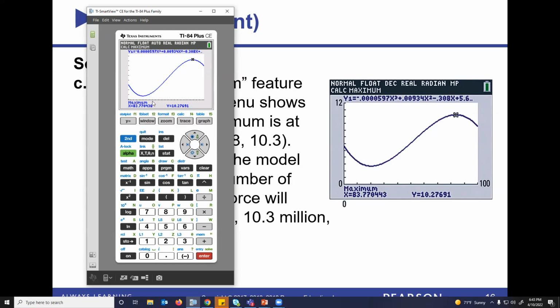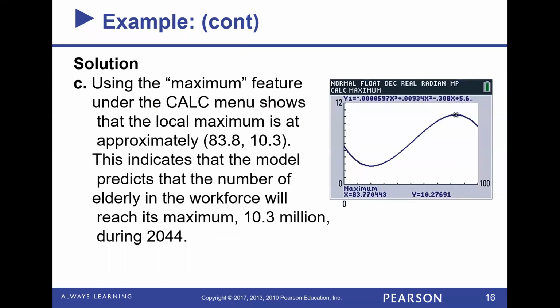Because once you start getting into the nitty gritty, like 4 or 5 decimals out, this is a calculator. There's going to be room for error, and it's running a program, so there's a small room for error there, which is why we say it's approximately equal to this or that. Okay. So as you can see, we reached that maximum of 10.3 million in the year